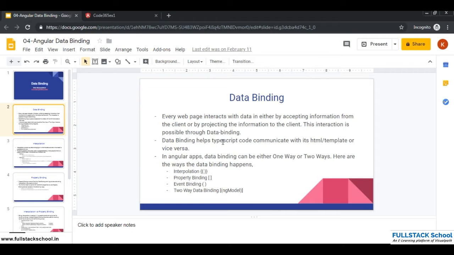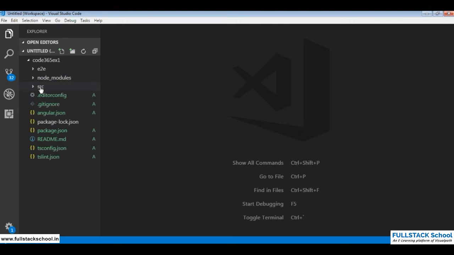Data binding helps TypeScript code communicate with its HTML or template, or vice versa. So the communication is between HTML and TypeScript, or TypeScript and HTML. These are the two files of a component.